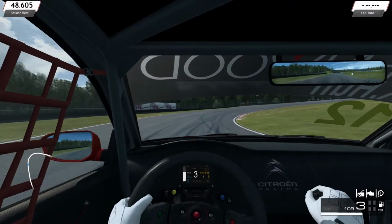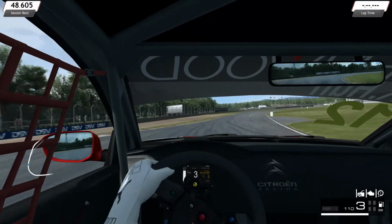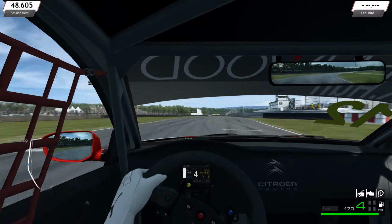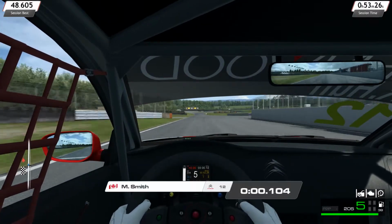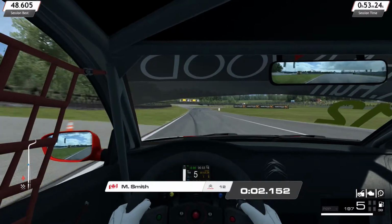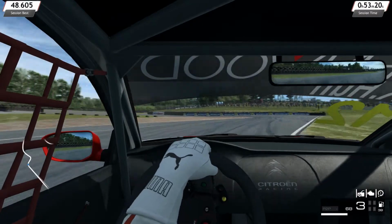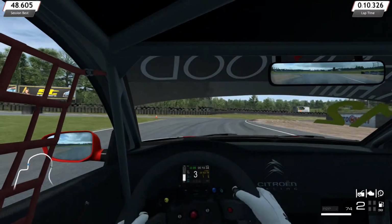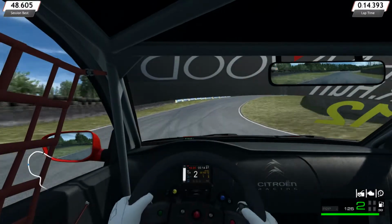Because it's so short, this was hyped as the fastest Swedish racetrack available for RaceRoom, and you think fast, you think Monza, you think Spa, something like that, but not at all the case here. There's one long straightaway, which I'm on now, but immediately you're brought back down to earth and into a couple of tight 90-degree turns,